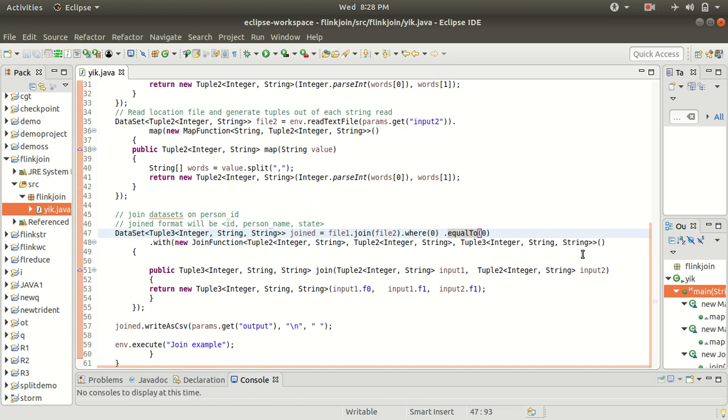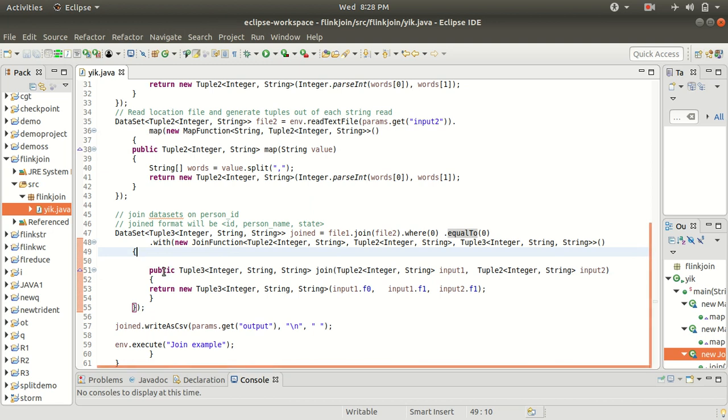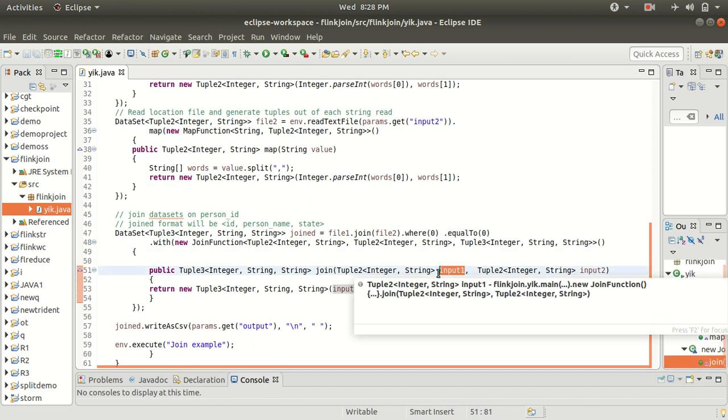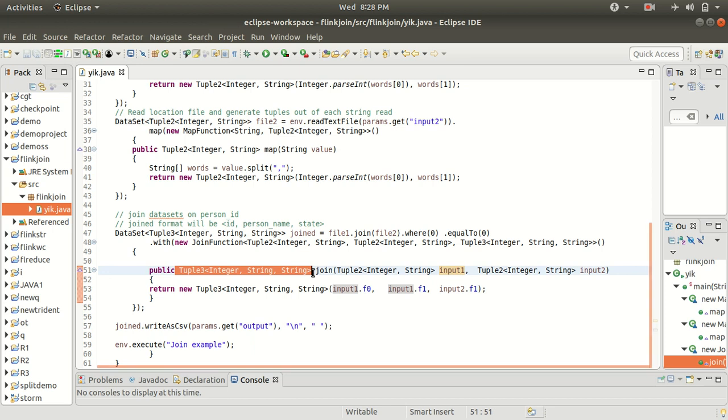So, because we want the answer in a specific format, we need to specify the input and output types. Here the definition is available: input1 is of this nature and input2 of this nature, under the join, and this is my output. In this structure we will be getting my output.